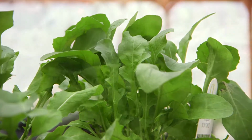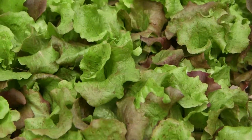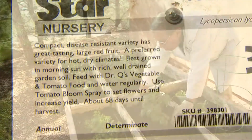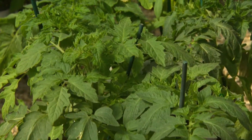There's all the old favorites like tomatoes, peppers, squash, cucumbers, lettuce, and more. Even things like Swiss chard, beans, peas, artichokes, and strawberries. There's many different varieties of tomatoes to choose from, and there's something you should know before choosing your tomatoes. If you notice on the tags or on our plant signs, tomato varieties are designated as either determinate or indeterminate